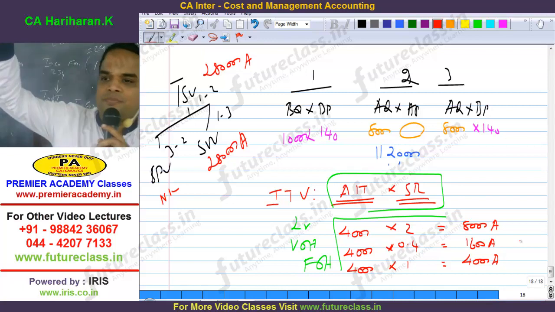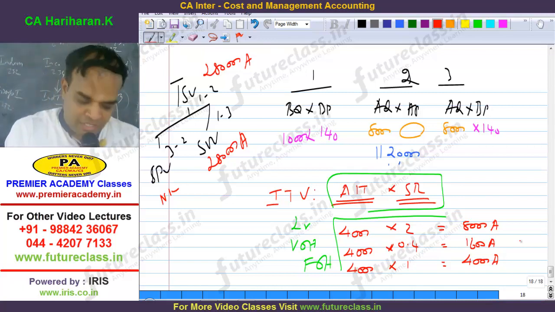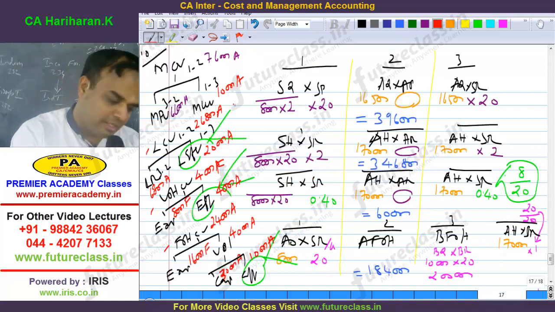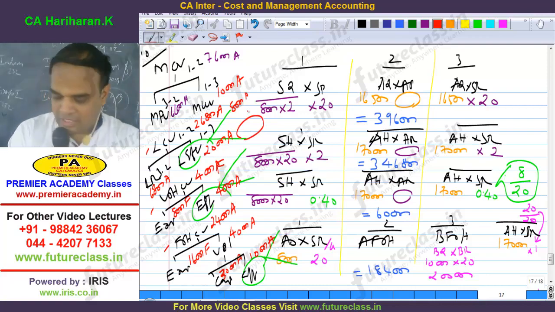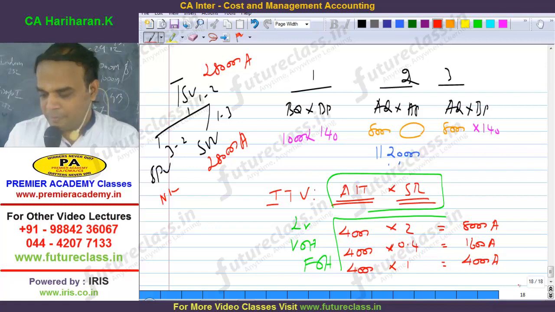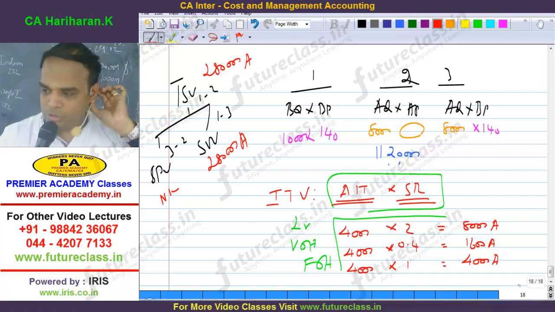How many of them understood? We have to park it in the respective place. The remaining is equal to efficiency. For example, here 8,000 idle time variance adverse, balance is equal to revised efficiency. Like that, you have to park it in the respective place. Understood? Copy. Variance analysis easy or not? Good.